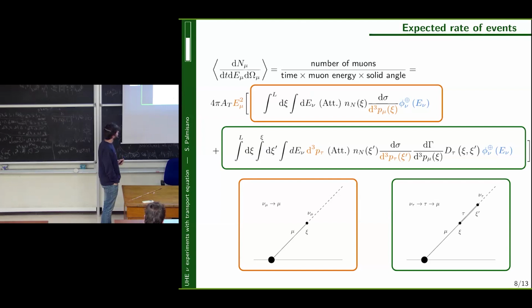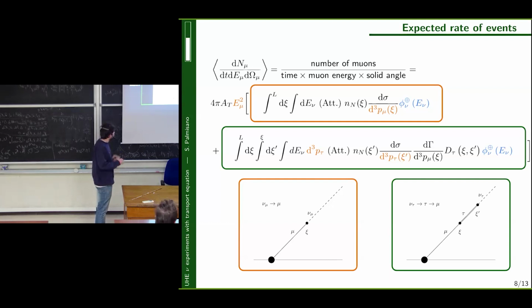And the kernel includes the Earth density, which needs to have an appropriate profile, the fully differential neutrino-nucleus, or neutrino-target, interaction, and an impinging flux. Of course, there's also a factor that takes into account the attenuation of neutrinos. As you go deeper and deeper in Earth, the flux of neutrinos is attenuated by the fact that neutrinos convert to muons, so you lose neutrinos.